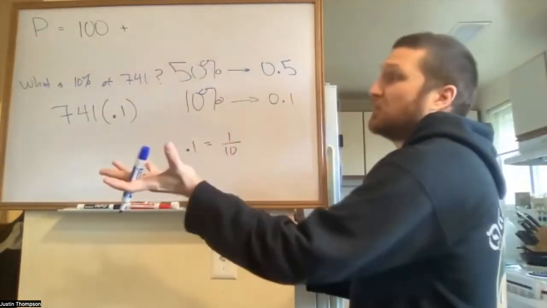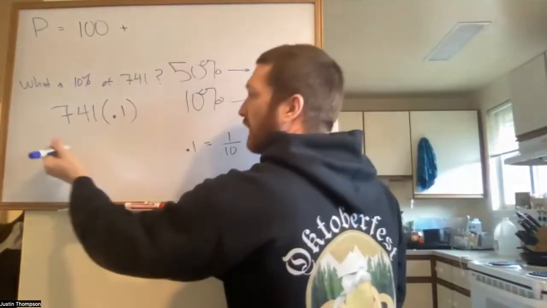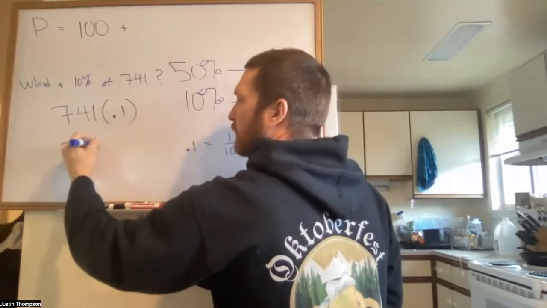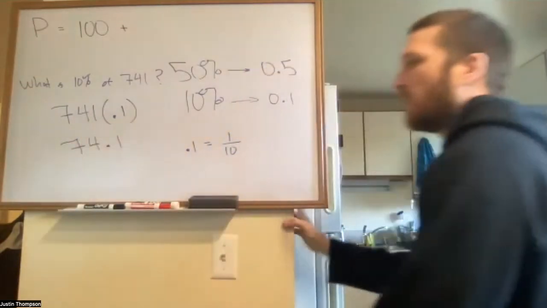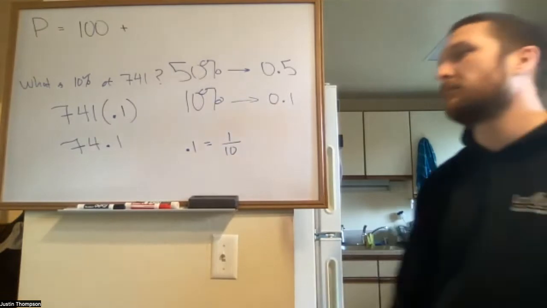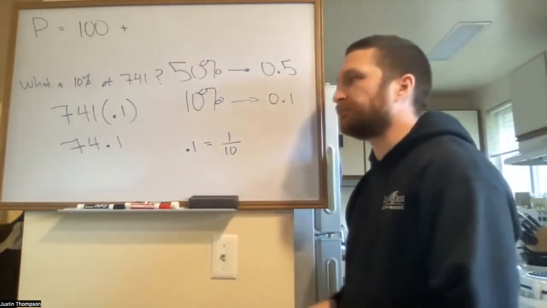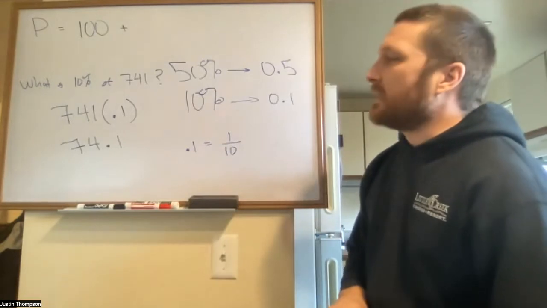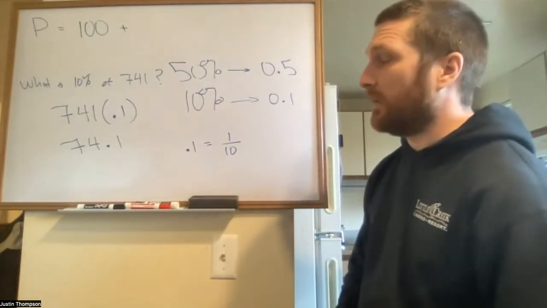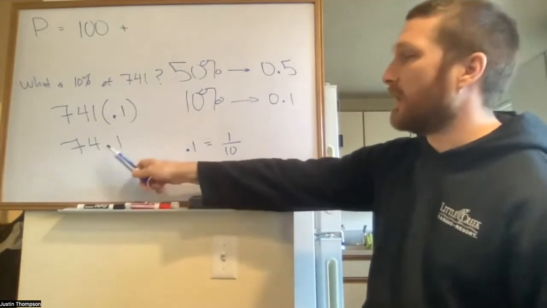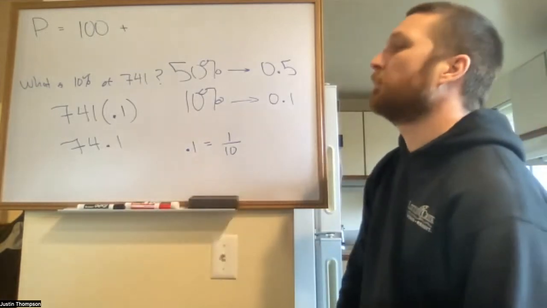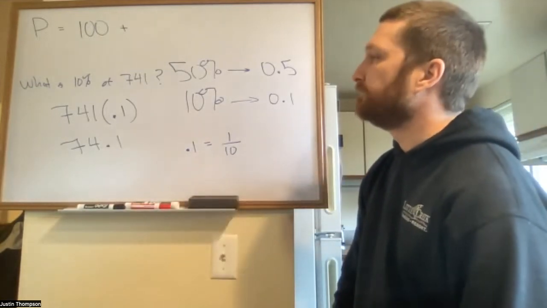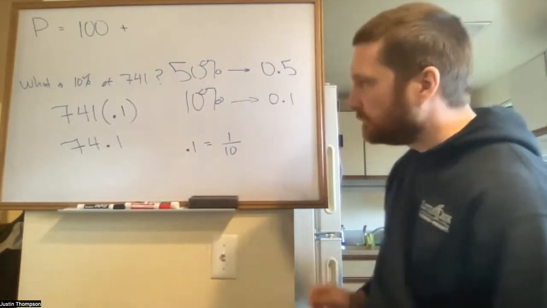And well, 10% is actually easy because you just move the decimal place over one place. It's kind of how the decimal system works, tens. And so we could do that. We could plug it into a calculator, and I'm 100% sure that we would absolutely get 74.1, right? And so finally,